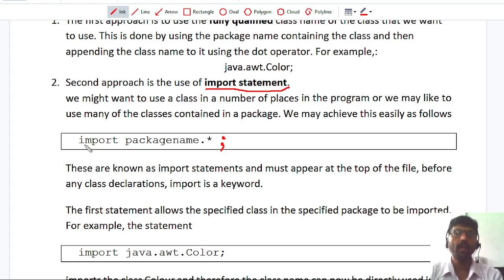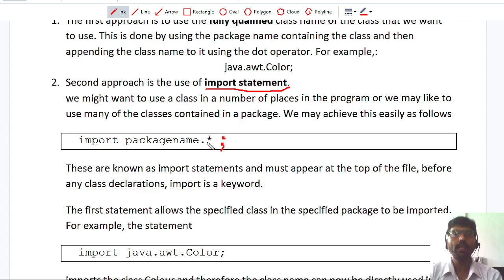An import statement can be written like this: import package name dot star. Here the star indicates all the classes belonging to this package. I have to provide the hierarchy of that package. For example, java.awt.star means it will access all the classes from that java.awt package.